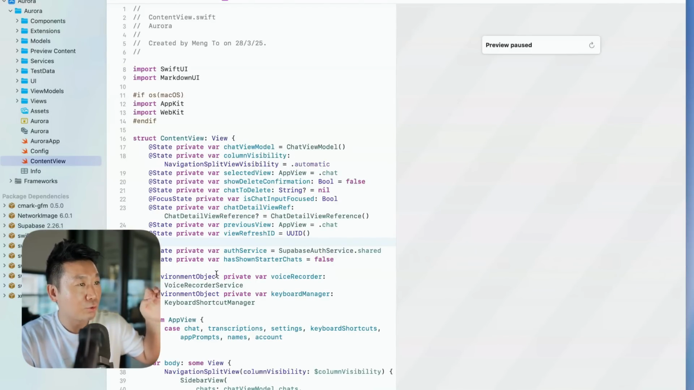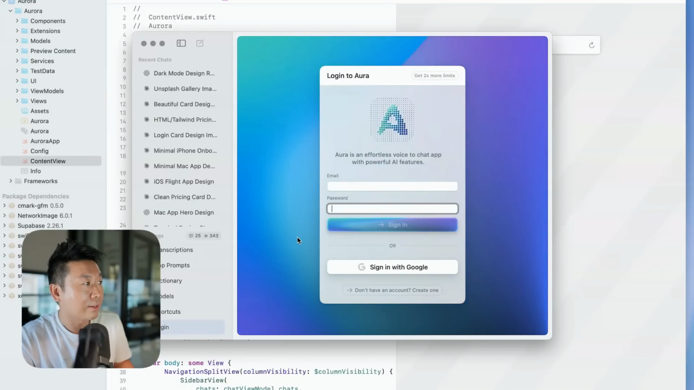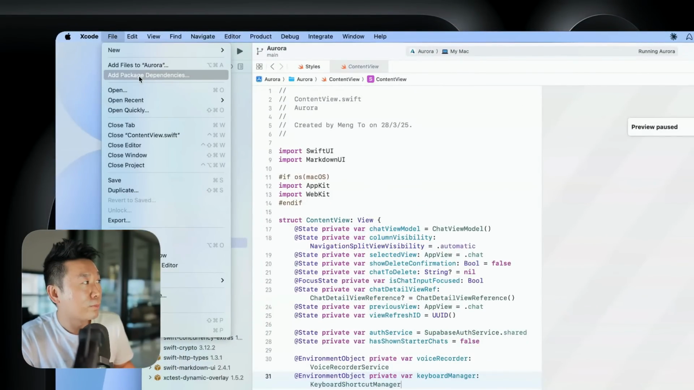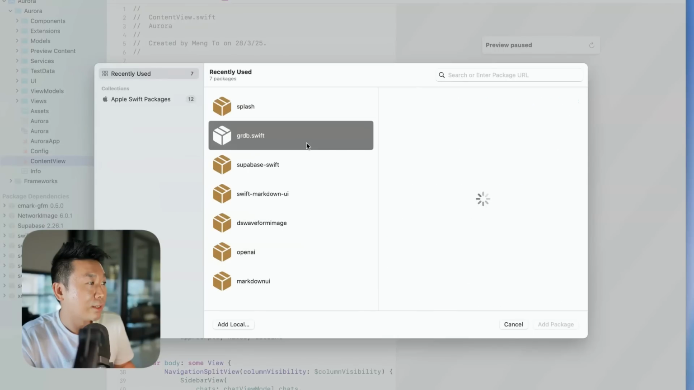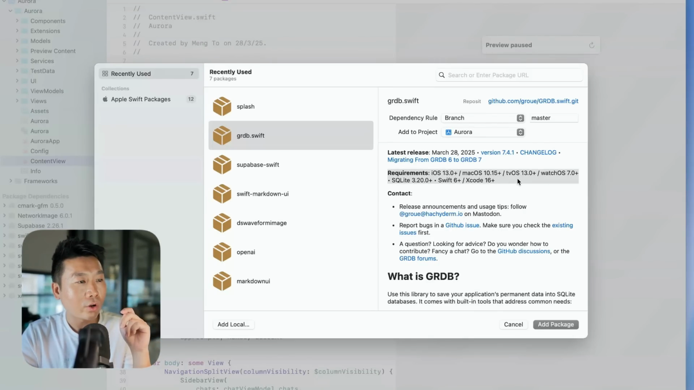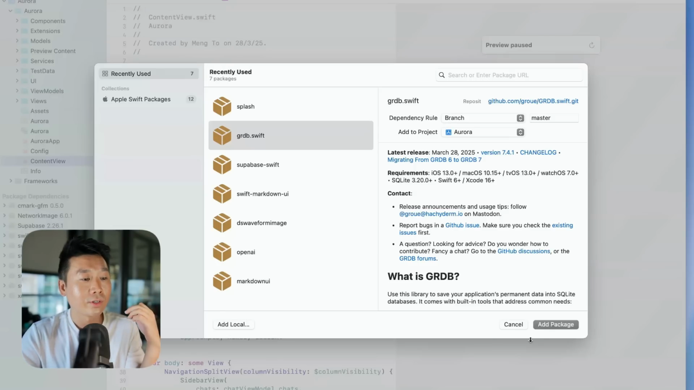We have Markdown UI, which allows me to have the code highlighting and Markdown. And then I forgot the last one, but I think it's probably the only 2 that I have so far. Let me go to my packages, and here you can see I think it's called GRDB. Okay, so this is because I wanted to try the database solution, and then I ended up going with Core Data anyways,